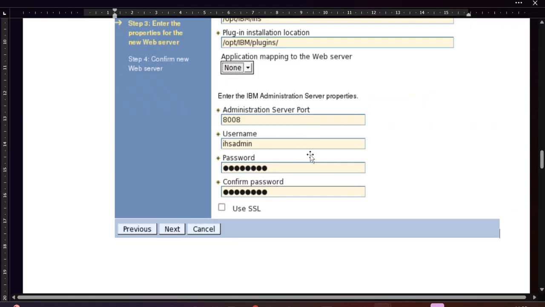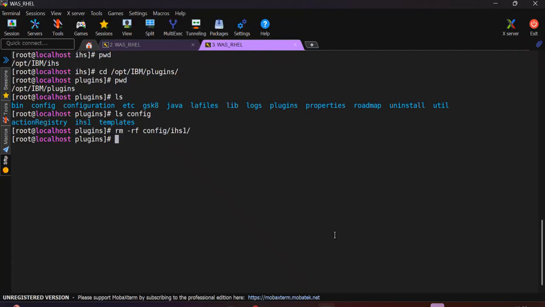Now IHS is on its own and is not controlled by DMGR. So in order to provide the entire management of IHS to the DMGR, we need to configure the same user credentials on IHS as well, right? So the way to configure, in /opt